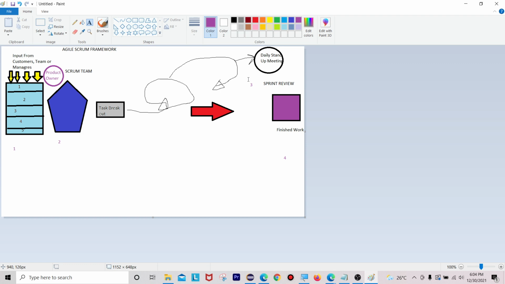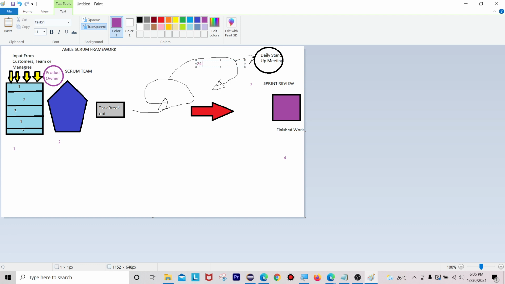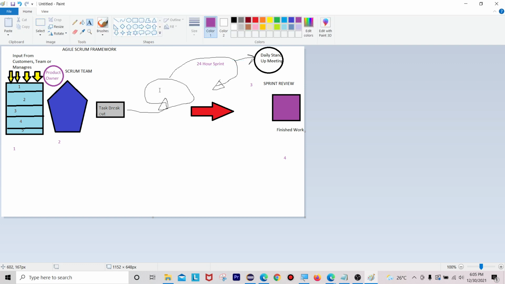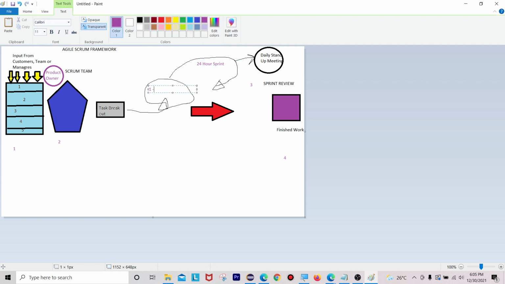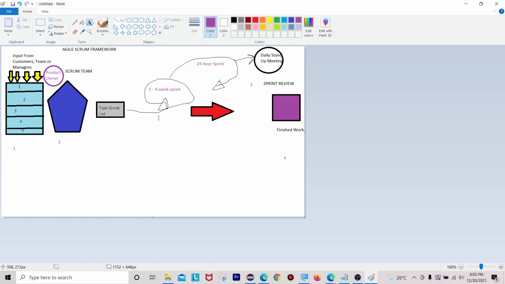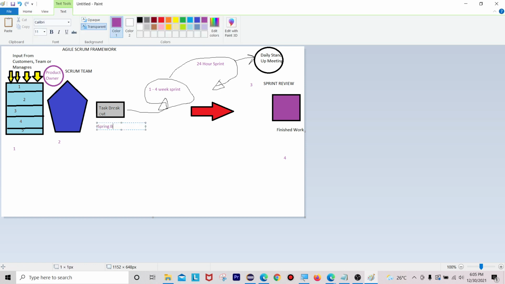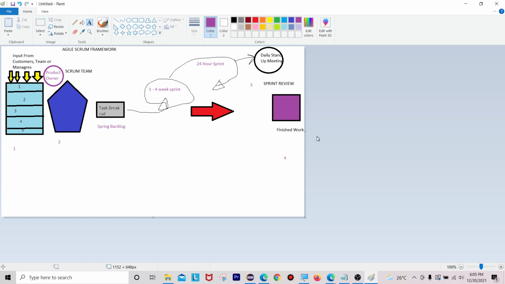Also in the third we can have a 24-hour sprint, and here a 1 to 4 week sprint. Here the sprint end date and team deliverable do not change. The sprint backlog will come here, and later the finished work is done.